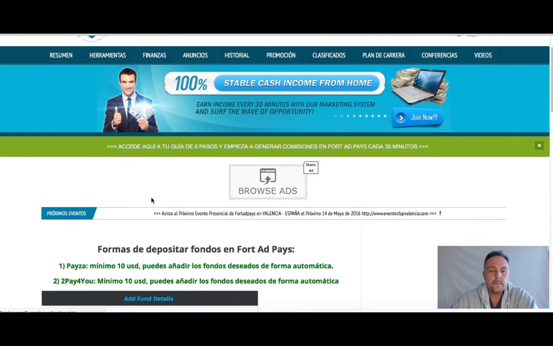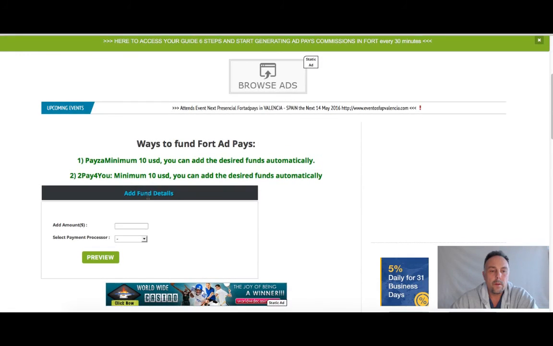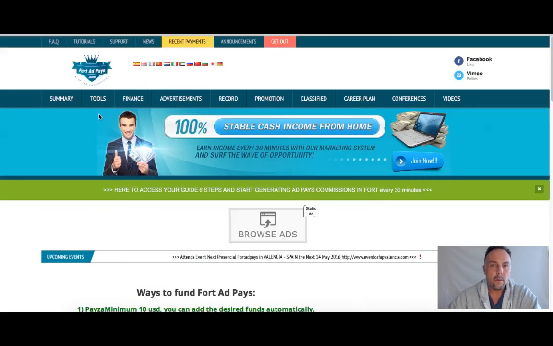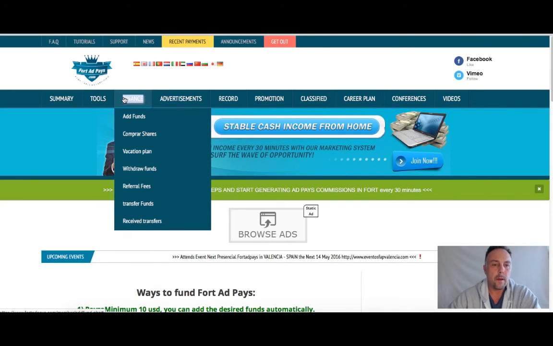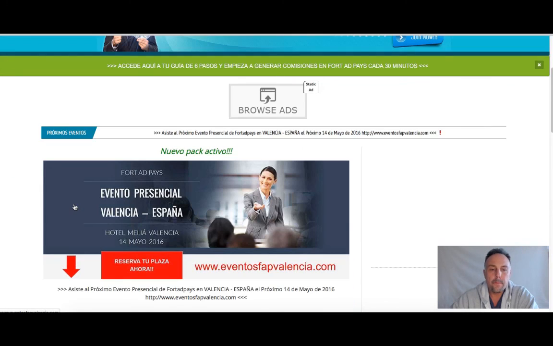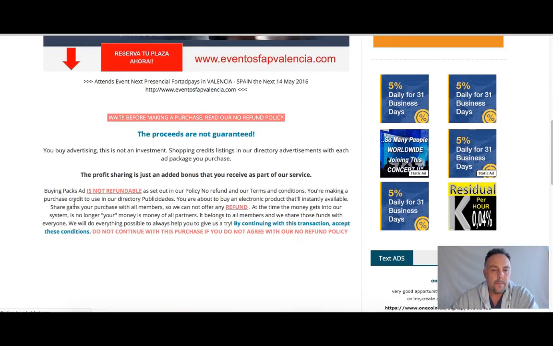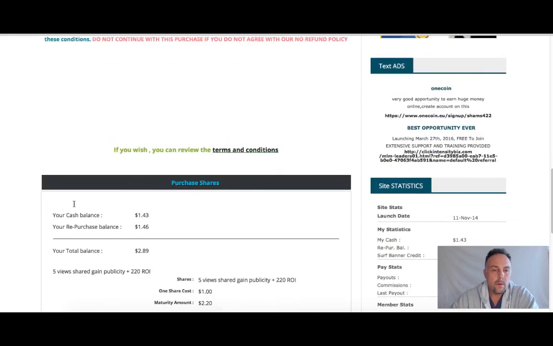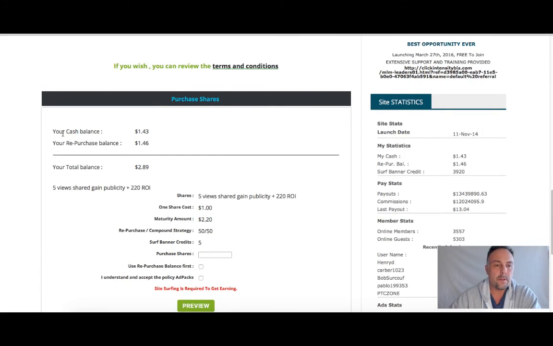Scroll down, and here you go. So you're going to put your amount in first, and you're going to select your payment processor, and you're going to push preview. And then from there, you're going to head over to the finance tab again, and what's going to happen is your funds are going to be withdrawn into your e-wallet. Okay, and how you find those, you're going to go down to your shares. We're almost there, and you're going to scroll down,